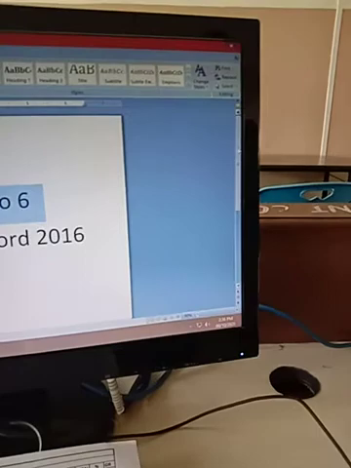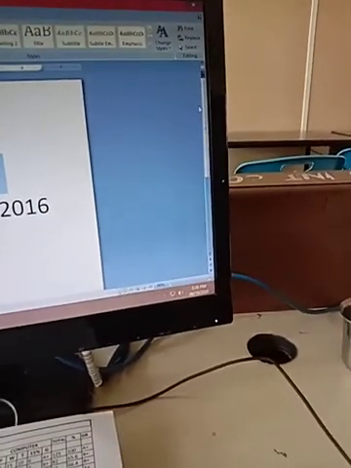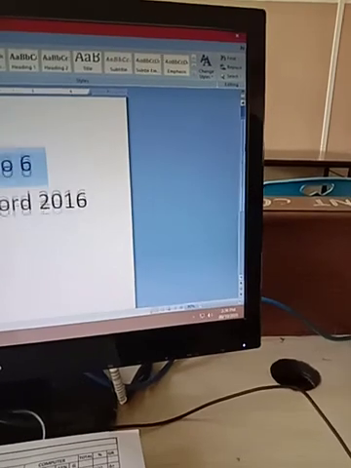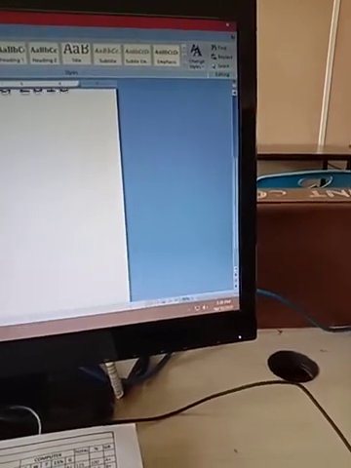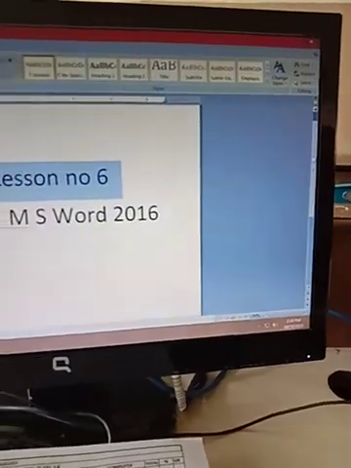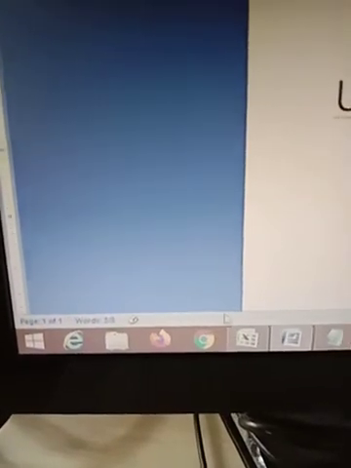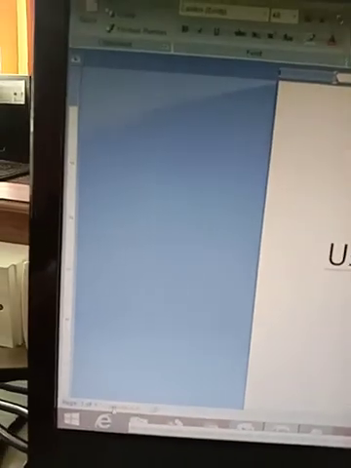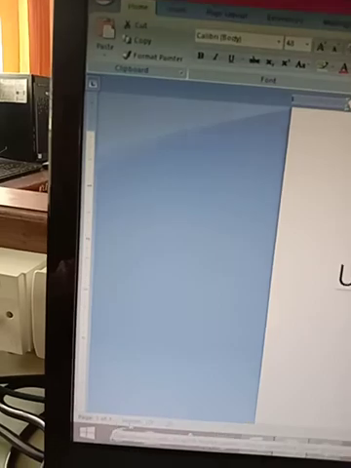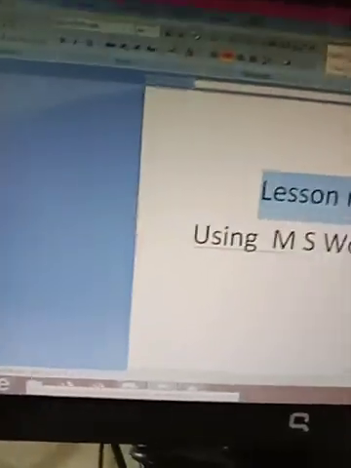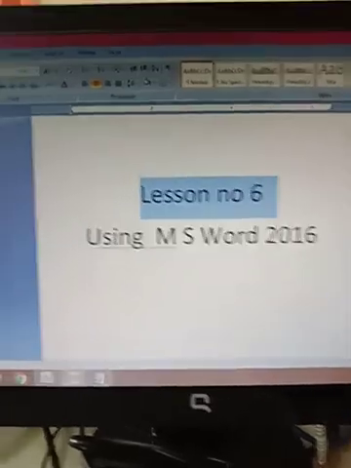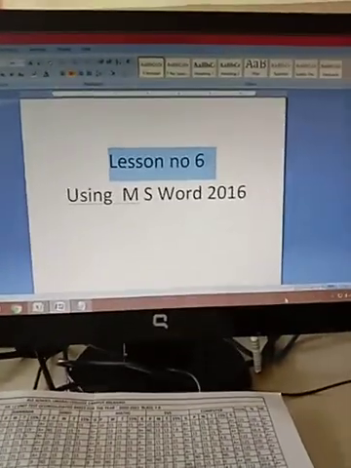Now here at the right side, you all can see this is a scroll bar from where you can move your document up and down. Hold it, just move it, it will move. After this, they have given one more bar which is called status bar. This last bar will help you to show the status of your document. Example, on which page you all are working and how many words you all have typed. So that all figures will be given in this corner. So this is a status bar. Understood, children? So this is the first interface which we learned in this class.